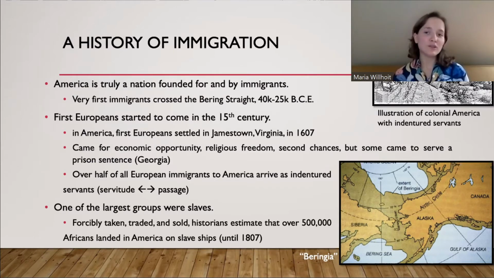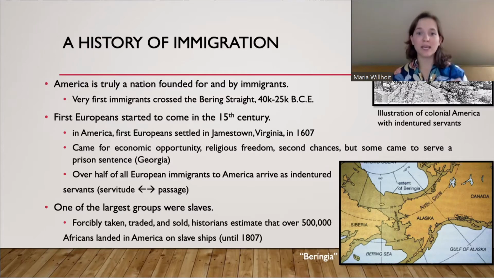And also, a huge number of immigrants that came were indentured servants. We have slaves, of course, but we also have indentured servants. And that's how the majority of immigrants, especially European immigrants, came to America in the beginning. They signed a contract where, for a ticket to America, they would serve a period of time. Now, this was not by any means easy. They were treated terribly, but eventually they could be free.